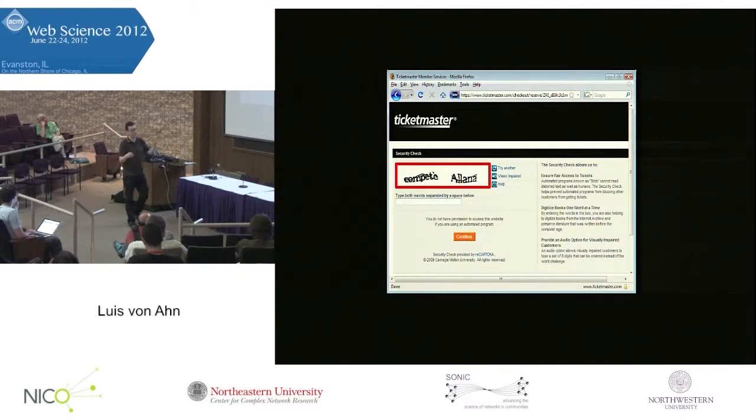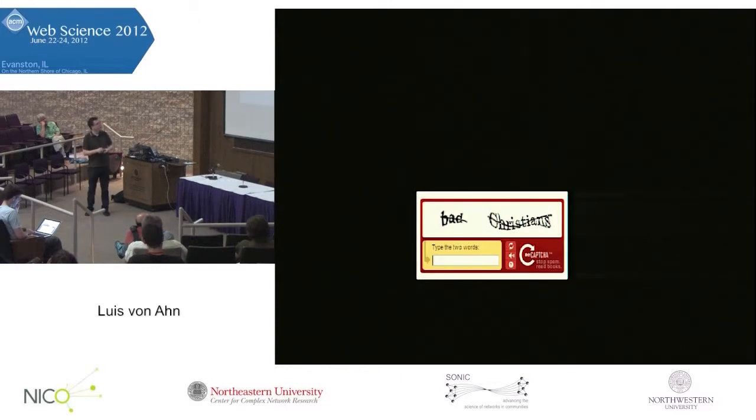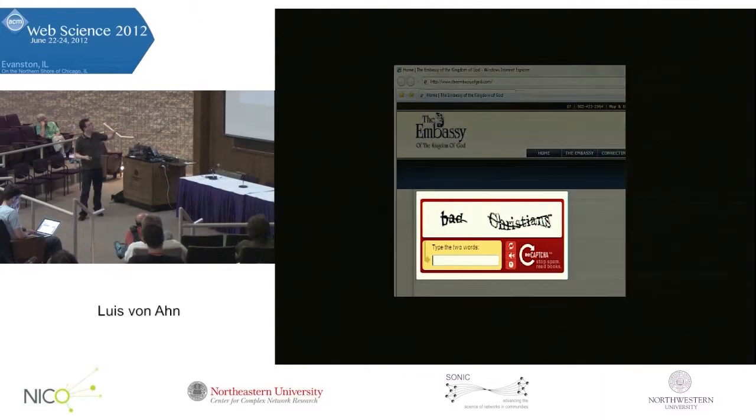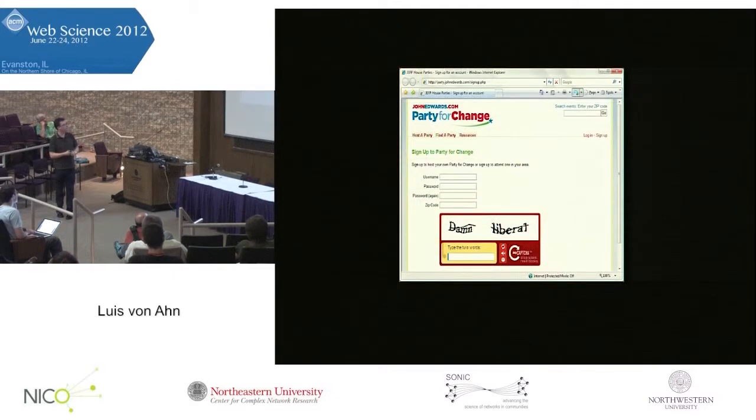Now, since we're doing so many words, funny things can happen. It's especially true because nowadays we're giving people two randomly chosen words right next to each other. For example, we showed this word. There's nothing wrong with it, it's just the word Christians. But if you put it along with another randomly chosen word right next to it, bad things can happen. So we showed this. But it's even worse, because reCAPTCHA is used by hundreds of thousands of websites, and the particular website where we showed this happened to be called the Embassy of the Kingdom of God. So, whoops. Here's another really bad one, johnedwards.com.